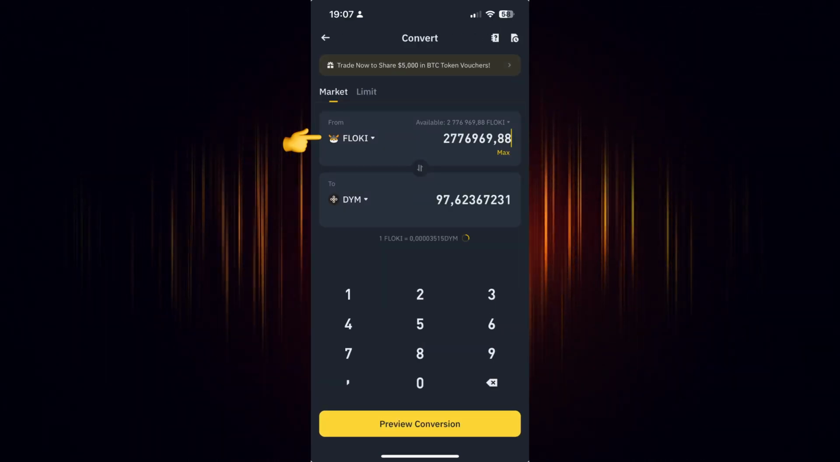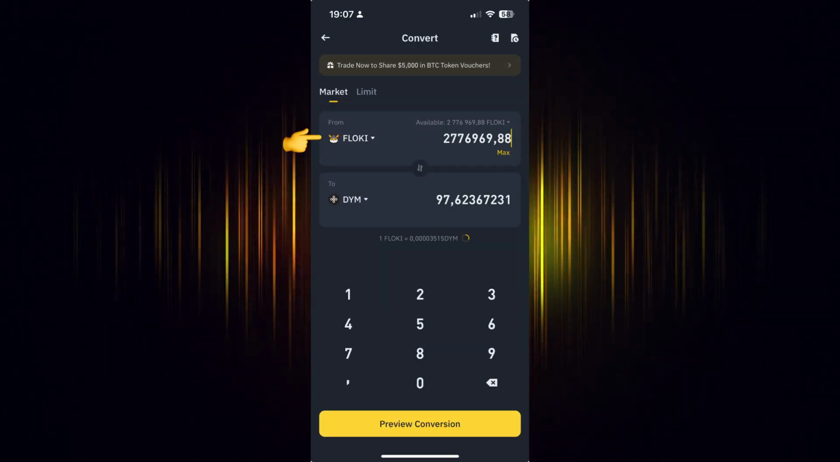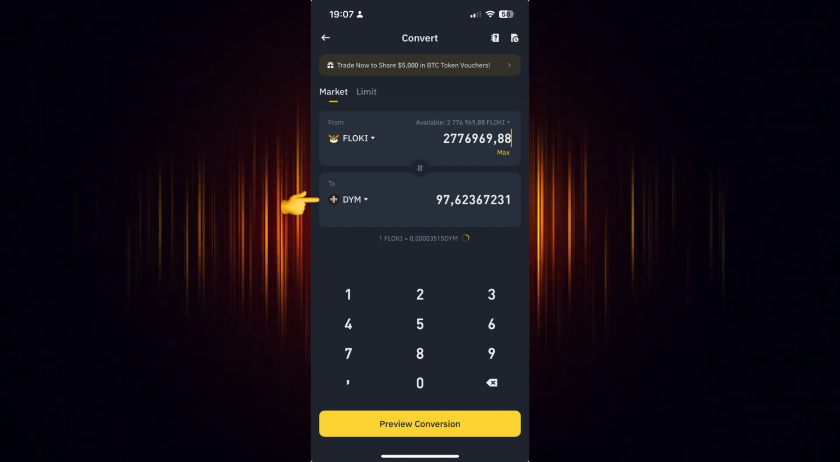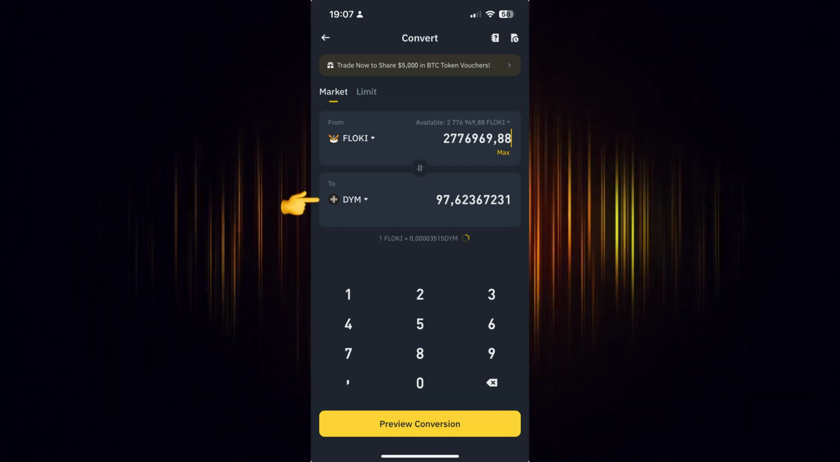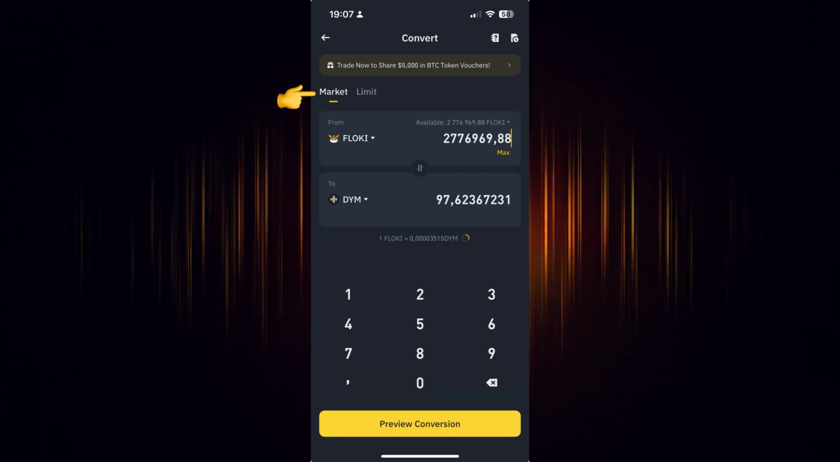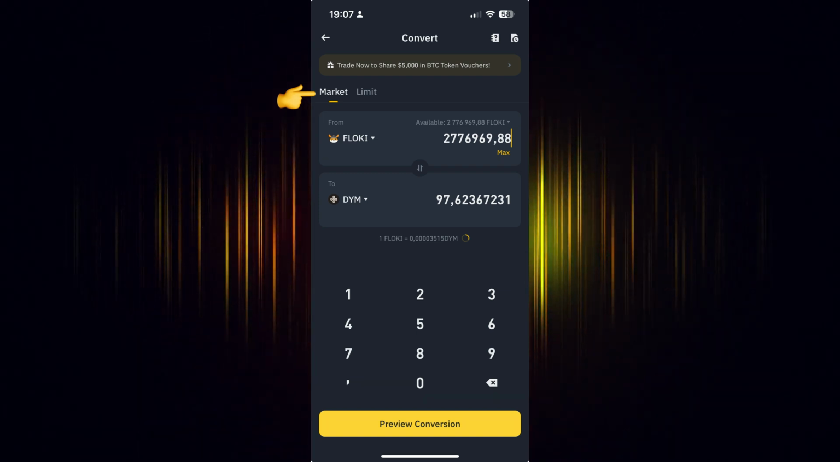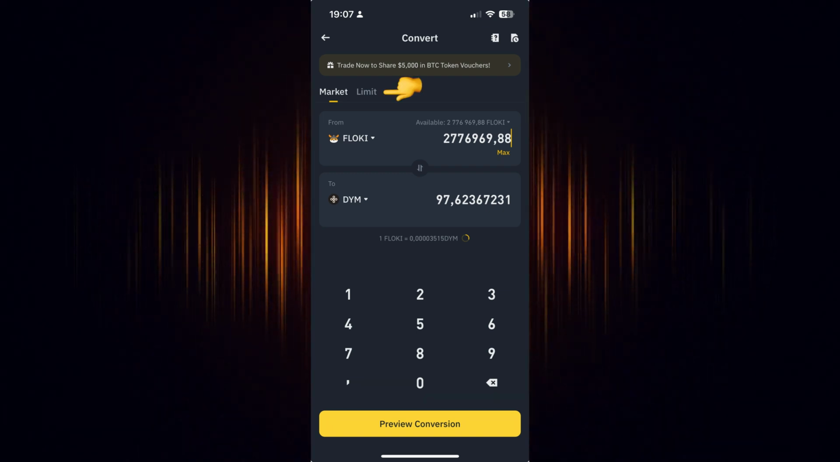Now select the currency you wish to use for the purchase. Then add the currency you want to buy. In our case, we are looking to buy DYM. There are two ways to buy it. You can either choose the current market value, or you can set the specific price at which you wish to